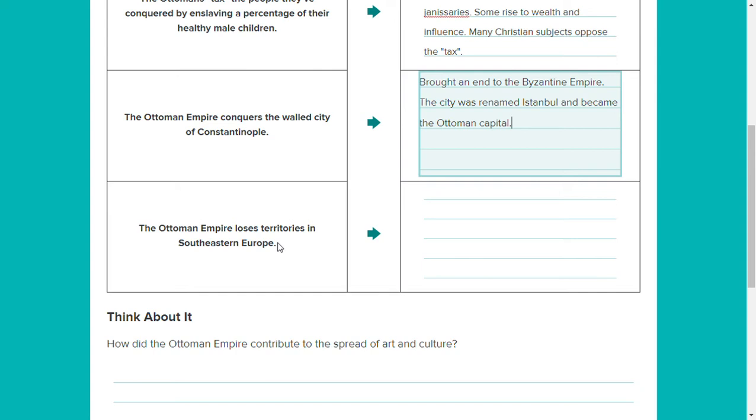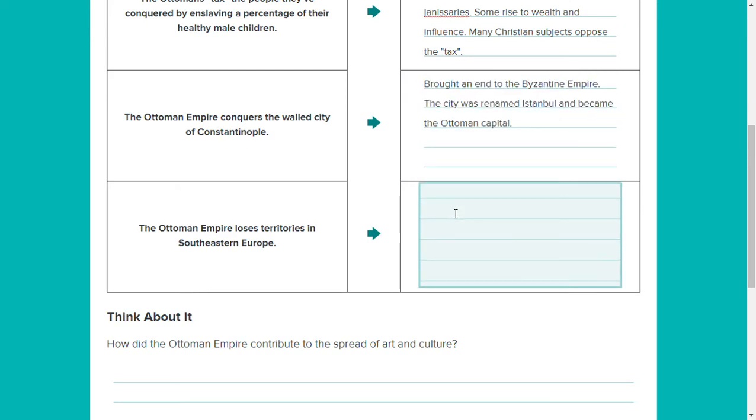And the last one is something that we'll be learning about later on that happens at the end of World War I. But it says the Ottoman Empire loses territories in southeastern Europe in the years before and after World War I. And eventually after World War I, the Ottoman Empire ceased to exist. It splits up into other territories. The modern-day country of Turkey is all that's left of what used to be called the Ottoman Empire. But losing its territory, like I said, forces the Ottoman Empire to shrink, to break up into separate countries. There's conflict that will eventually lead to the outbreak of World War I.